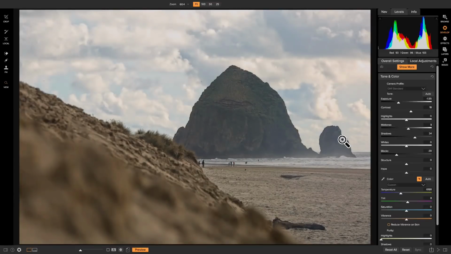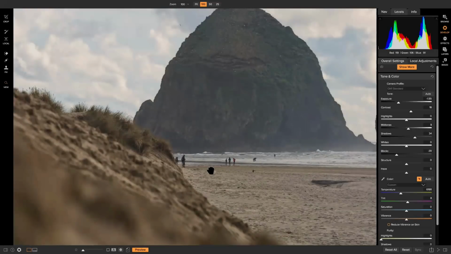Now, I know a ton of you have shot photos at a beach or somewhere with a bunch of people, and you think, wow, I don't want these people in the shot, but I really want to get the shot. So you can take the shot with all those people in there, and the great thing about ON1 Photo RAW is that it has all of the retouching tools available to you inside of Develop and Effects. So if you do have these people in here and you want to remove them, you can simply